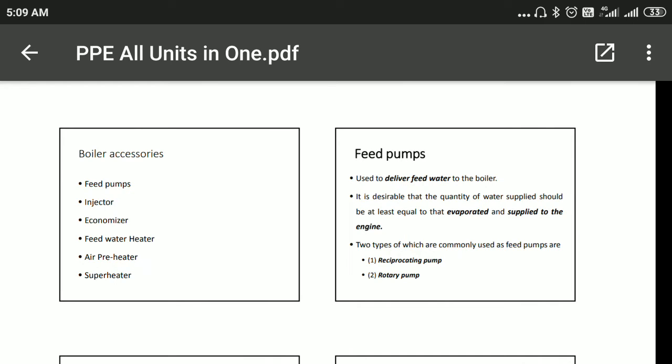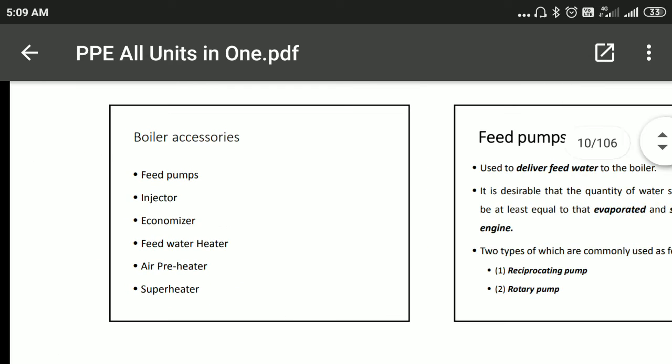Today we will study about the boiler accessories. The accessories of the boilers are used to increase the efficiency of the boiler or increase the quality of the steam which is going to feed in the turbine. These are some important terms for the boiler accessories: feed pump, injectors, economizers, feed water heater, air preheater,